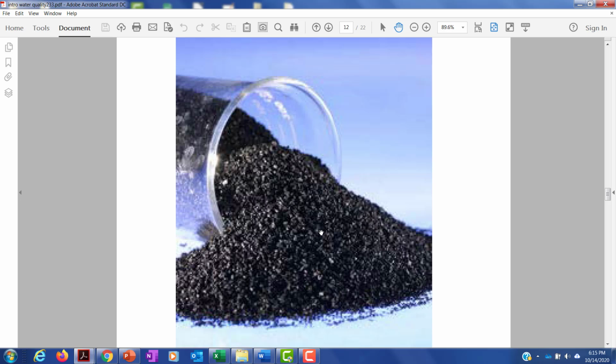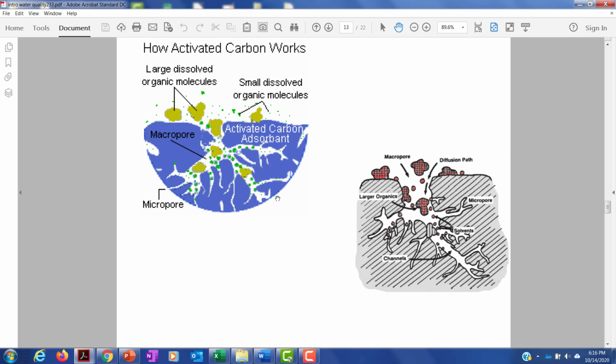And this is a technology that is used big time to this day. Obviously, we're very sophisticated in how to make this organic carbon, but it is still basically plant matter that's burned and crushed, and you filter water through it. And so what happens is the organic molecules in the water trickle through this stuff, and they either find their way in these little micropores of the granular carbon, or they sort of just dissolve, so to speak, into the